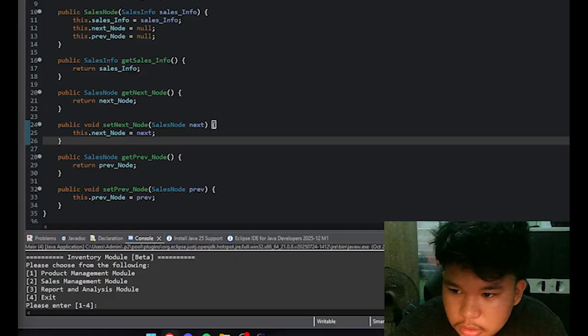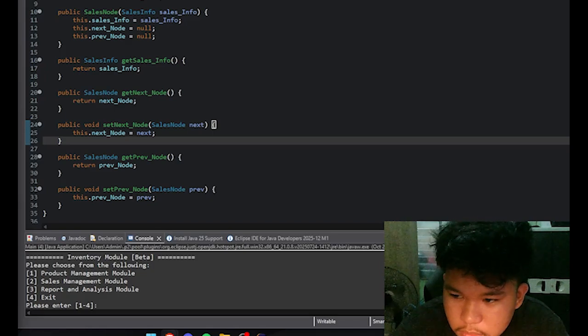In terms of interaction, it connects to the product management DLL, which is used for validation, and to the report module class for analytics. It is also used in dummy data loading for testing.